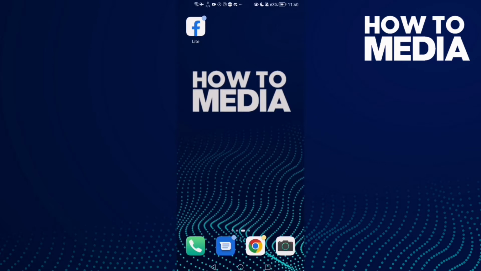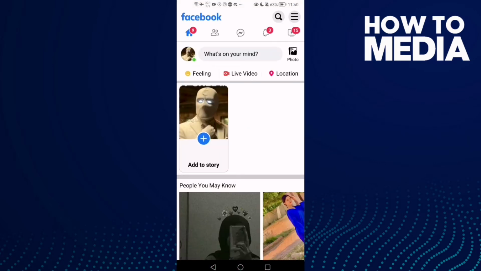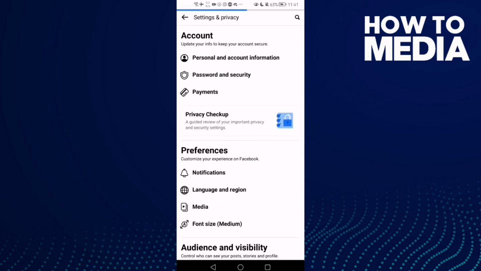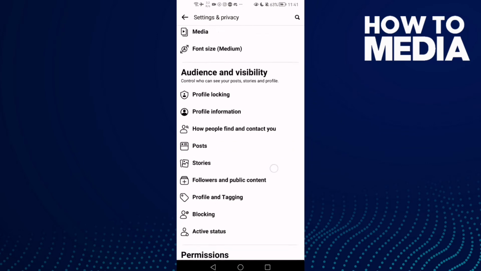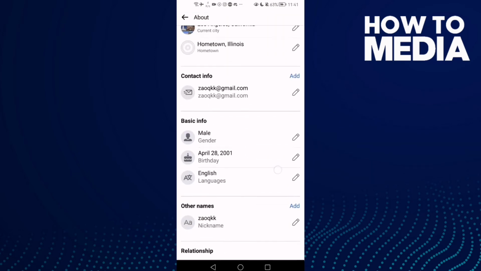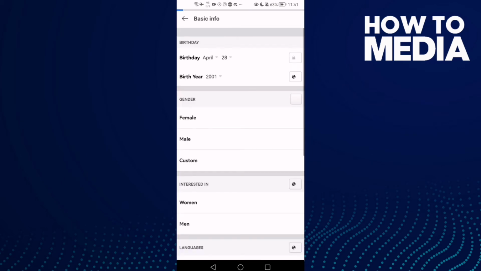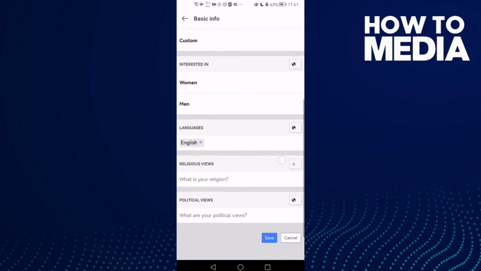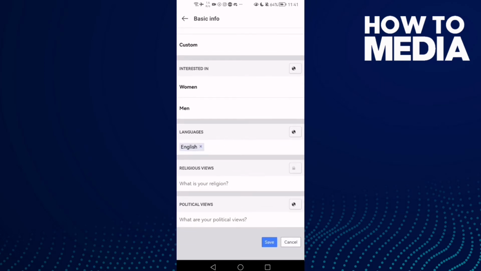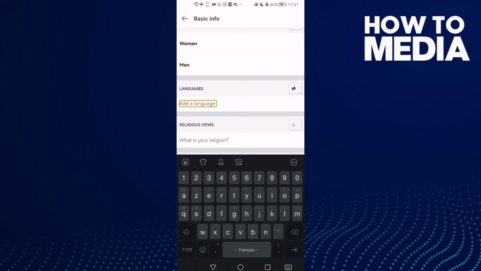First thing, go to Facebook Lite and now click these three lines in the top corner and go down until you find settings. And here go down, you will find profile information, and then click this one, birthdays. Click this pen here and go down until you find your languages here. Just delete it, click this X icon and type another one here, and then just